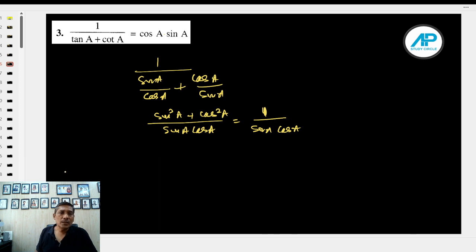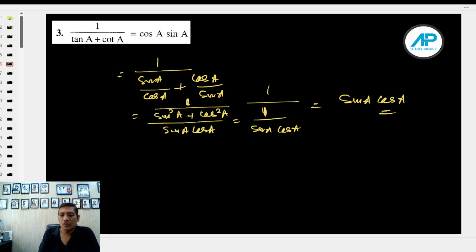Now this all is in the fraction of 1, correct? So it is actually 1 upon 1 upon sine A cos A. Then reciprocate this, it leaves you with sine A cos A. I hope the question is clear to you. Solution is clear to you as well. It gives you sine A into cos A as a result. So 1 upon tan A plus cot A